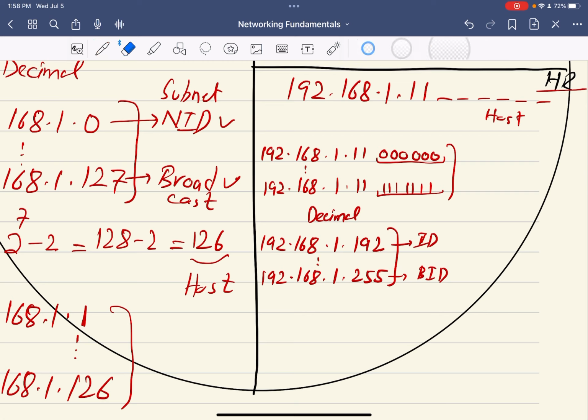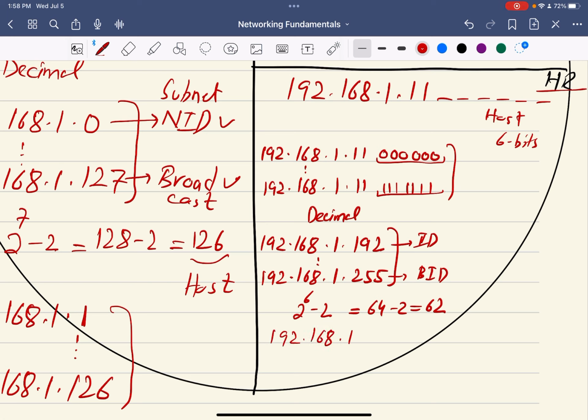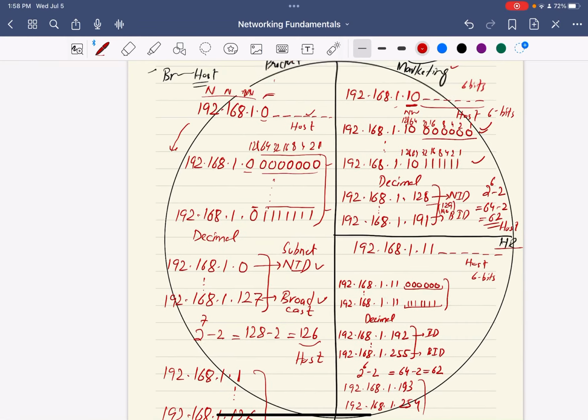Again, as you know, how many bits are reserved for the host part? 6 bits. And we know the formula. It is 2 power 6 minus 2. If you calculate it, 2 power 6 minus 2, 64 minus 2 is 62. Usable IP addresses could be 192.168.1.193, and it will go up to 192.168.1.254. So this is the way how variable IP addressing or variable subnetting